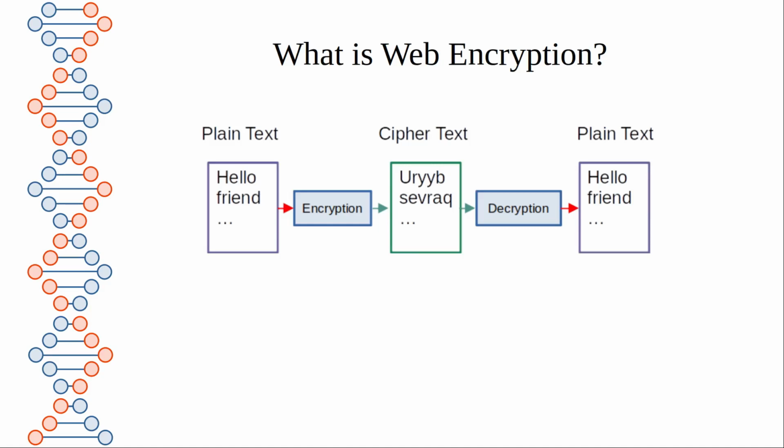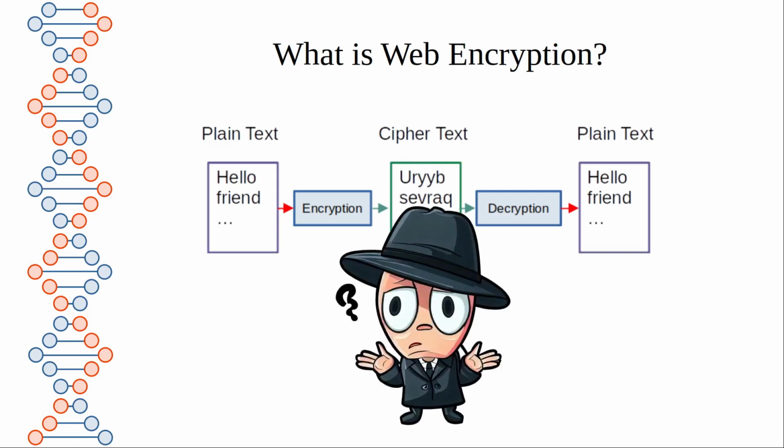Web encryption can be important to help protect users on the internet. Without encryption, messages sent between you and a website could be intercepted and read. Encryption takes the data that is exchanged and converts it into a form that can only be understood by your web client and the web server you're communicating with. We call this the cipher text. I've covered this in earlier videos about encryption.